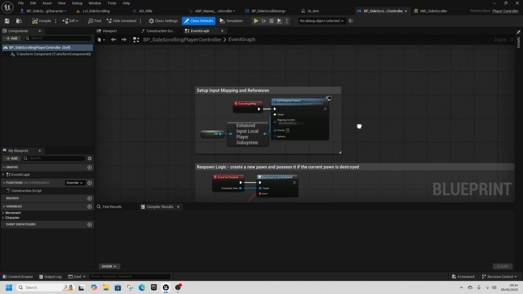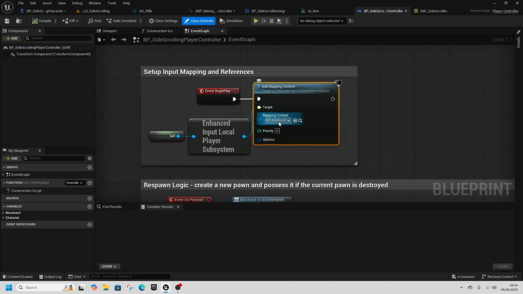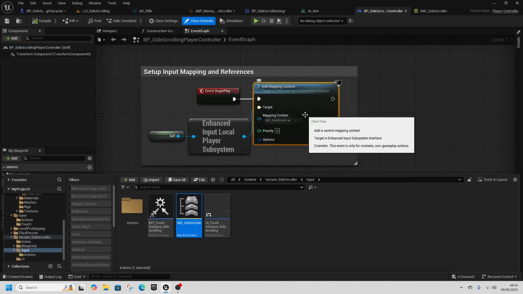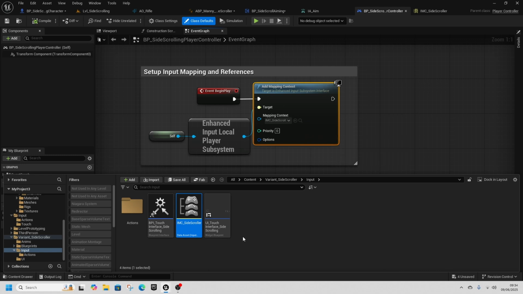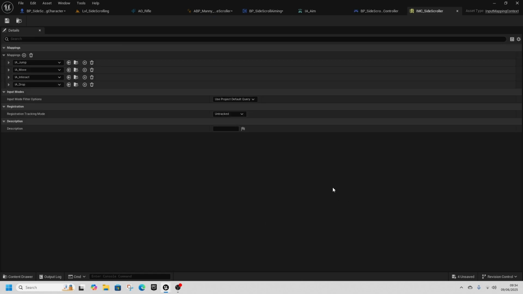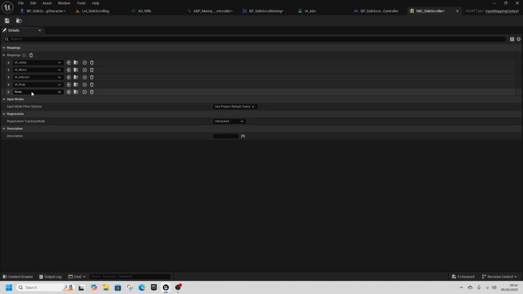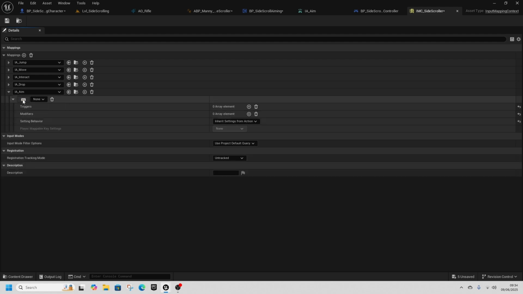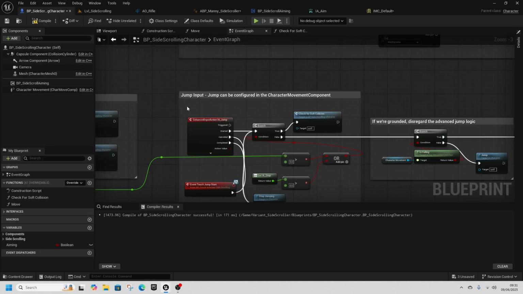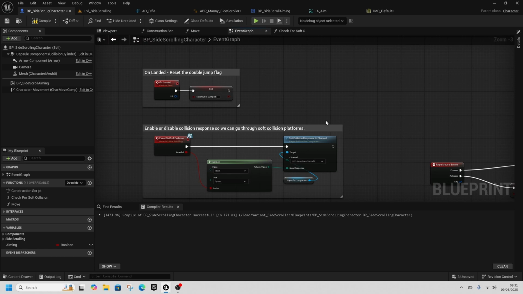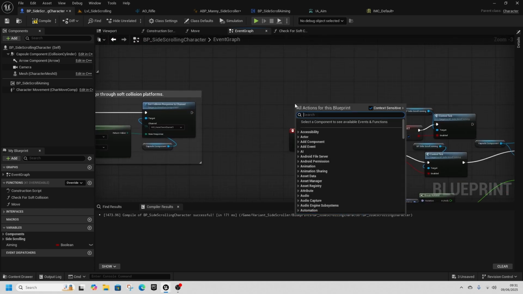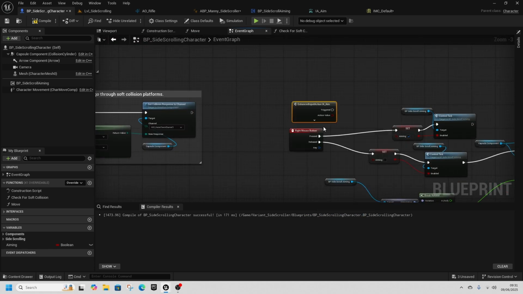If we go to the player controller, we can find that we're adding the mapping context in the side scroller. So click on this magnifying icon and double click IMC side scroller, go to input mappings, and we'll add aim here. Right click when you select the keyboard and right click. Back in our side character, I'll come down to this right mouse button, type in IA aim,